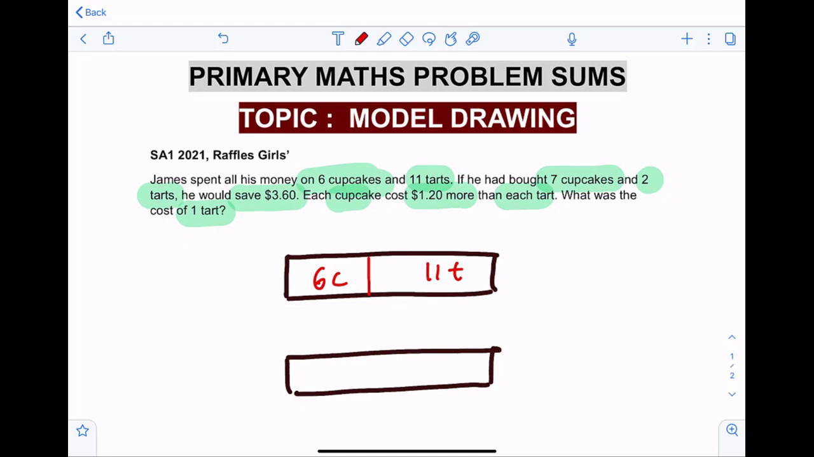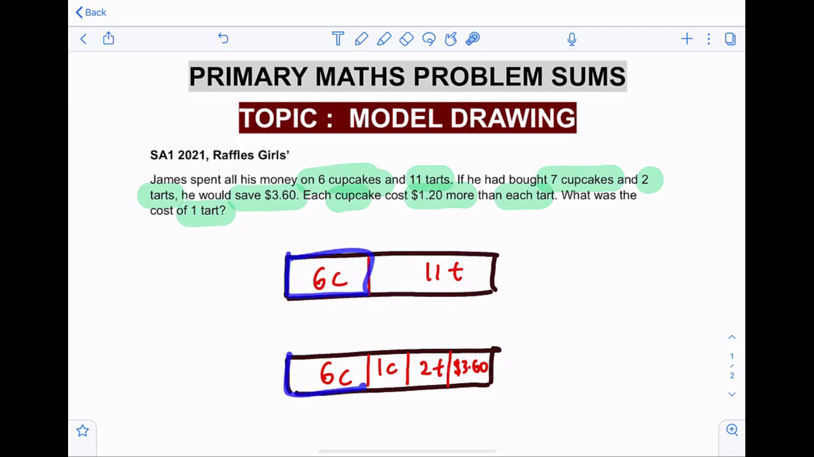So the difference between the first model and the second one, you will still have 6 cupcakes here, but you will have 1 more cupcake here as well, plus 2 tarts. And even then, you will have some money left, $3.60. Okay. In model drawing, whatever is common, we try and draw it one on top of the other. Okay. So what we can see is that